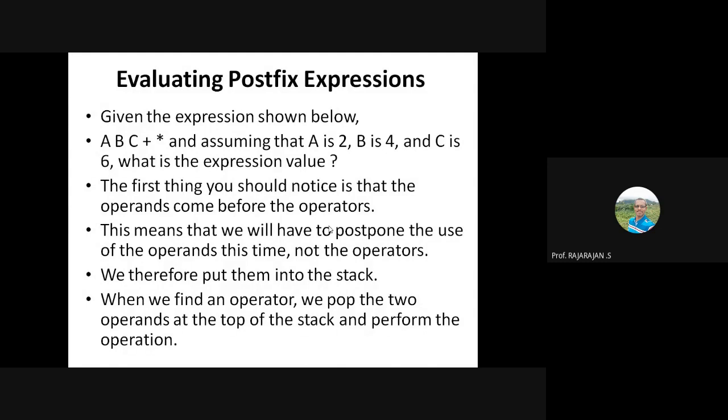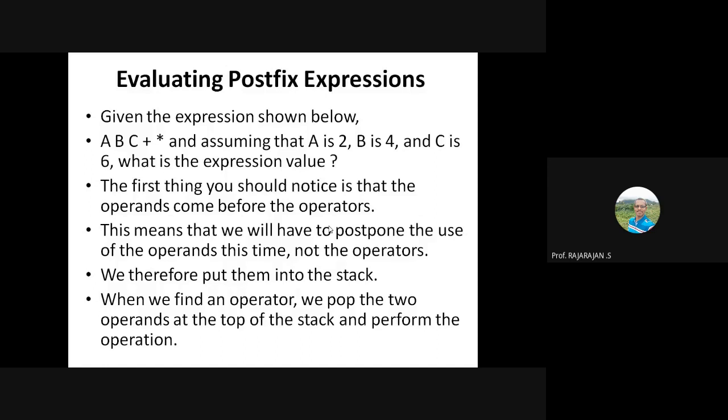The first thing is that in a postfix expression, we have the operands coming before the operators. This is the basic rule of postfix expression. So we will have to postpone the use of operators.